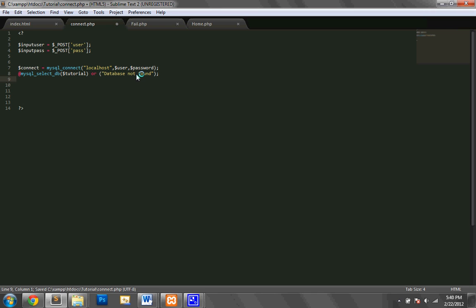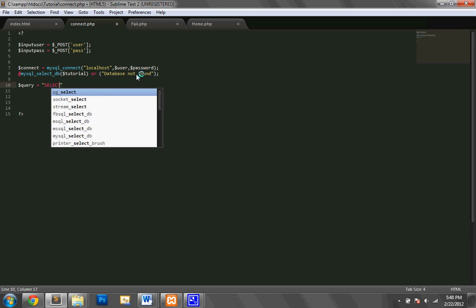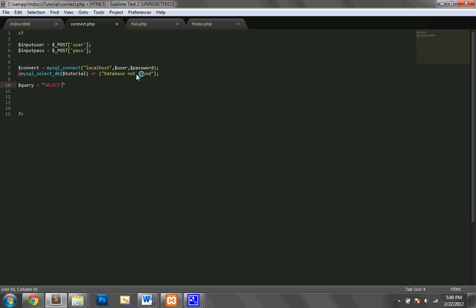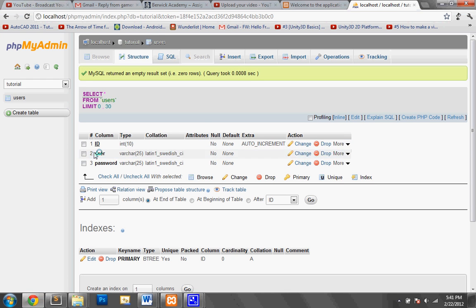So now basically we need to query the data. This is a little bit more complicated, but hopefully you'll understand. So what we need to do is query equals select star from, and then you need to use backticks for this, users, because that's the first one. So it's going to select from users where